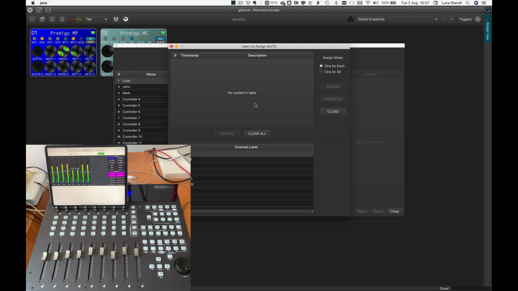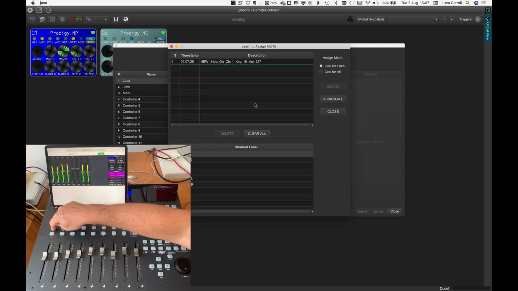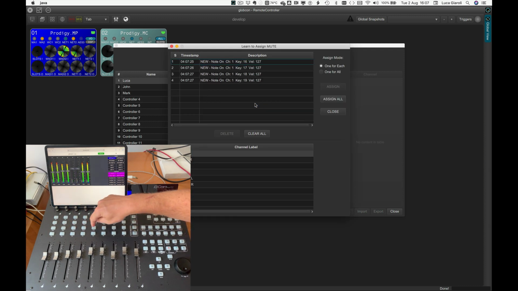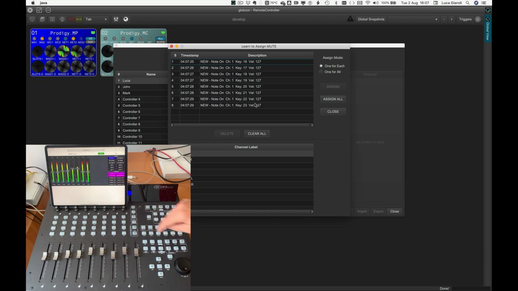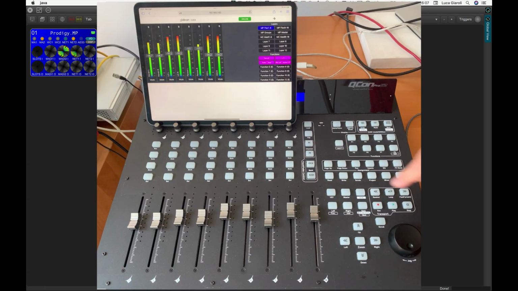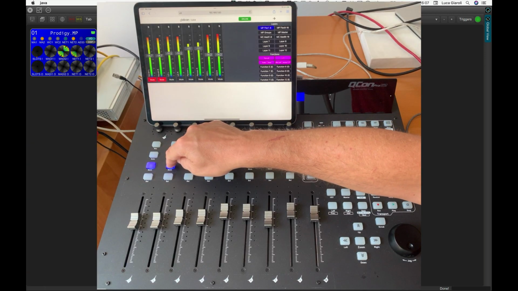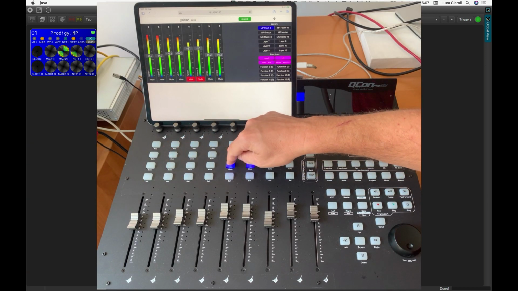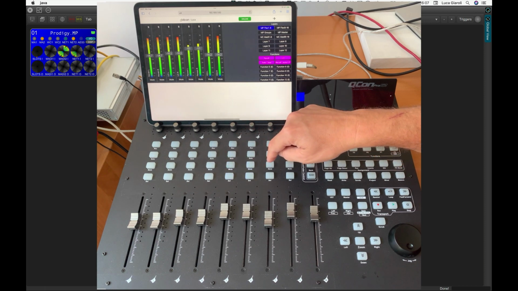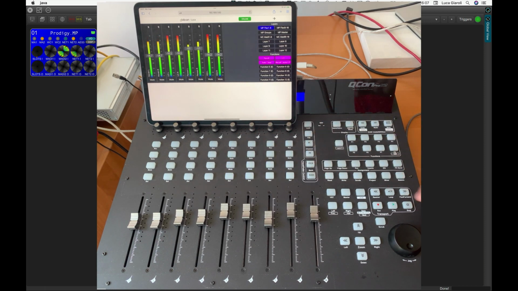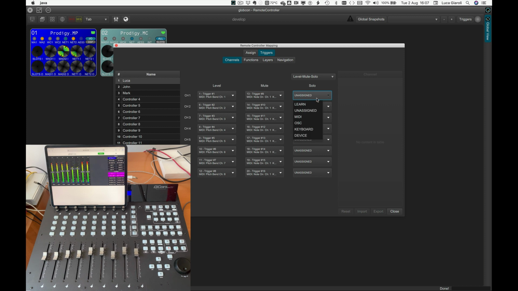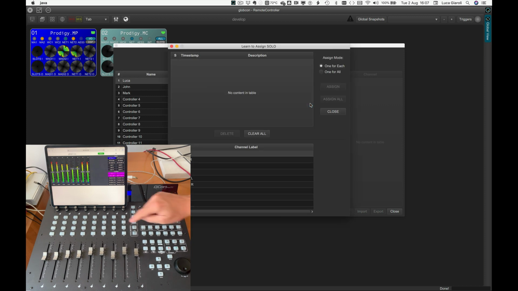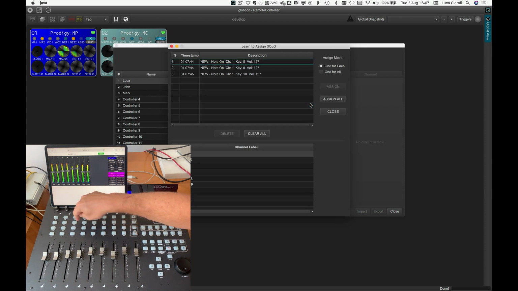We move on programming the mute buttons, repeating the same operations and pressing one by one all the mute buttons of the hardware controller and assigning the received commands. All the mute statuses of the Globcon controller are aligned with the hardware buttons, with bidirectional communication. Solo is the next section, pressing one by one the solo buttons on the hardware controller.